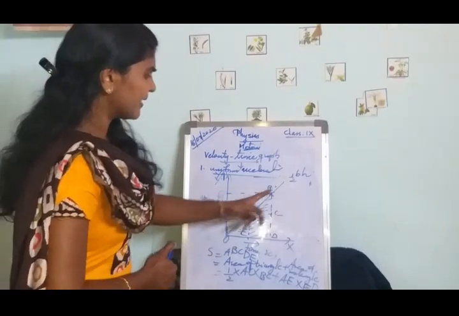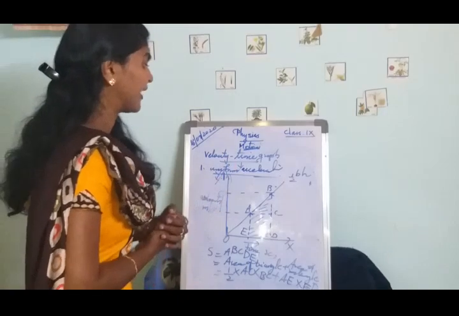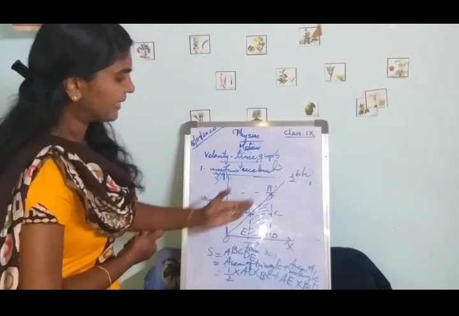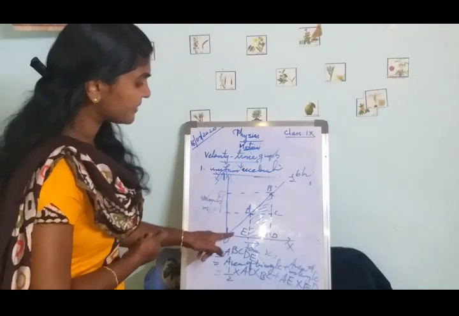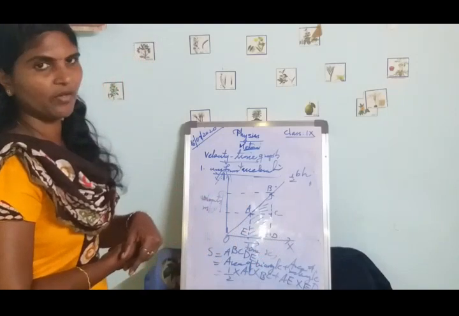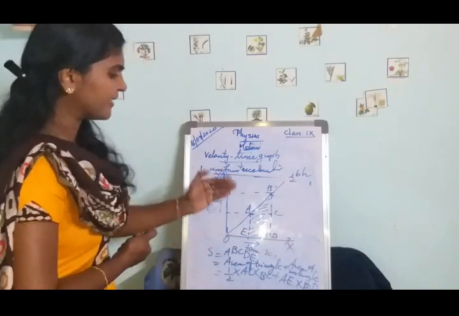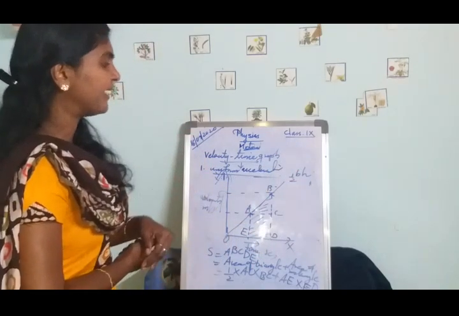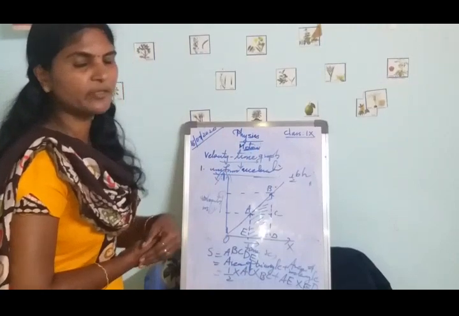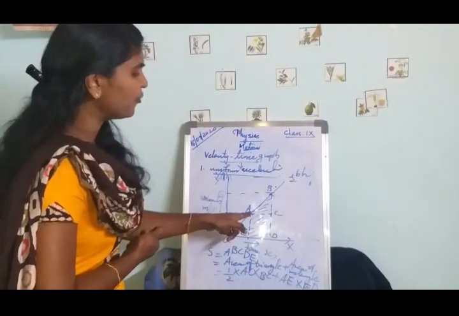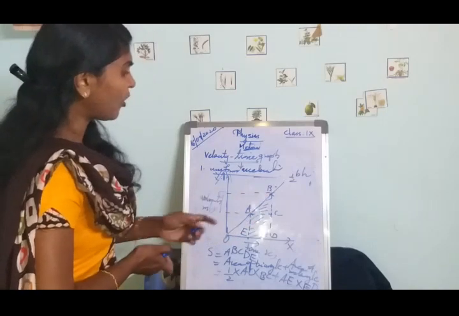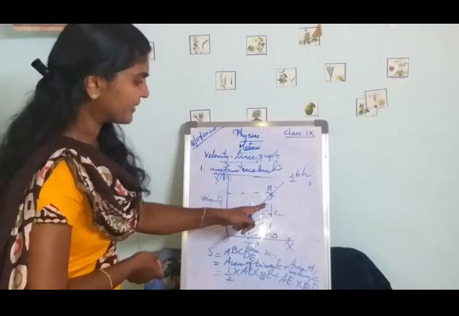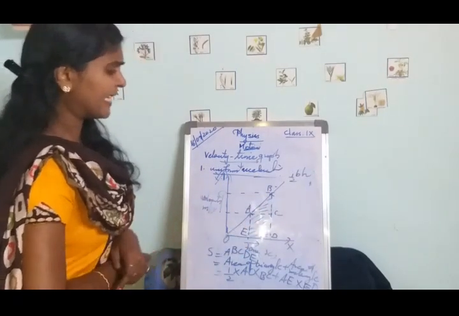Okay, this is the graphical representation of the velocity time graph for an object in uniform acceleration. What is its nature? It is an inclined straight line, a straight line making some angle with the x-axis. Then using this velocity time graph, we can calculate the distance travelled or the magnitude of displacement. For that we consider 2 points on the graph, A and B, then draw perpendiculars towards the x and y axis. So we get a triangle and a rectangle here.